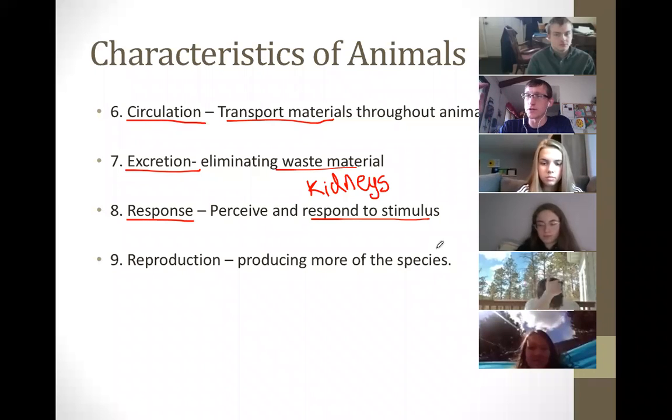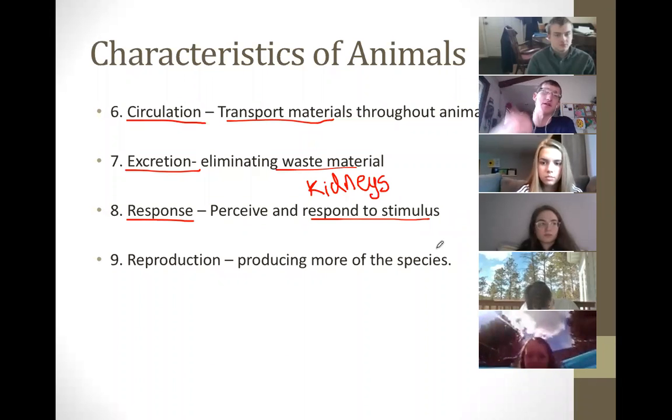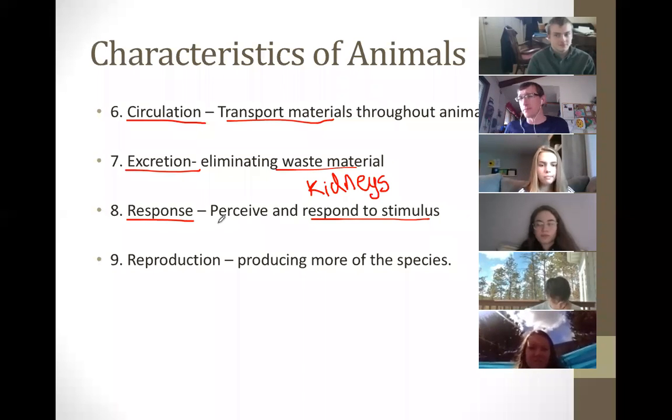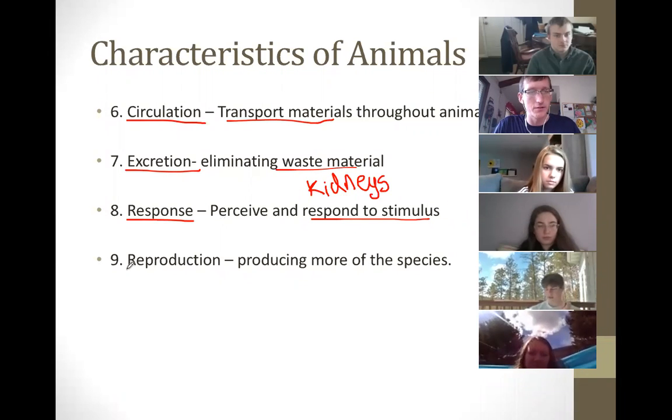You feel what the temperature is in your room. You sense how much daylight's coming in, how much noise is coming in. You make decisions based on these stimuli, and you respond to them, right? It could be something as simple as you poke a worm and the worm contracts. That's a very simple response to the stimulus. That guy's got no eyeballs. He's got no ears, but you poked him and he contracted, right? That's a response to a stimulus. So living animals have to respond to a stimulus.